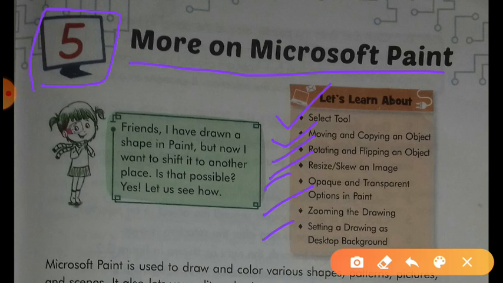So today is part 1. In this video we will discuss select tool, moving and copying an object, and rotating and flipping an object.